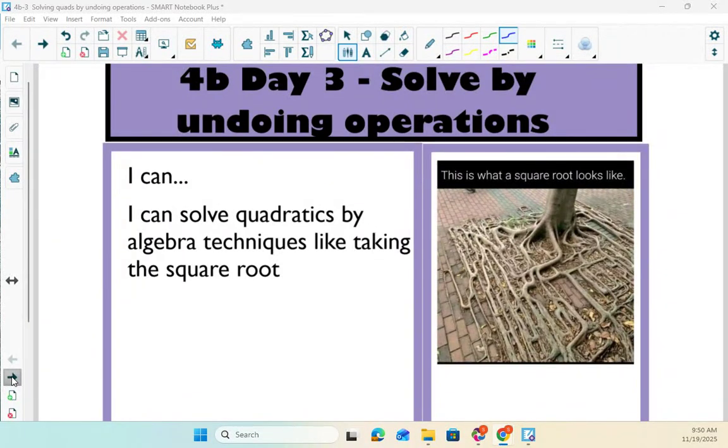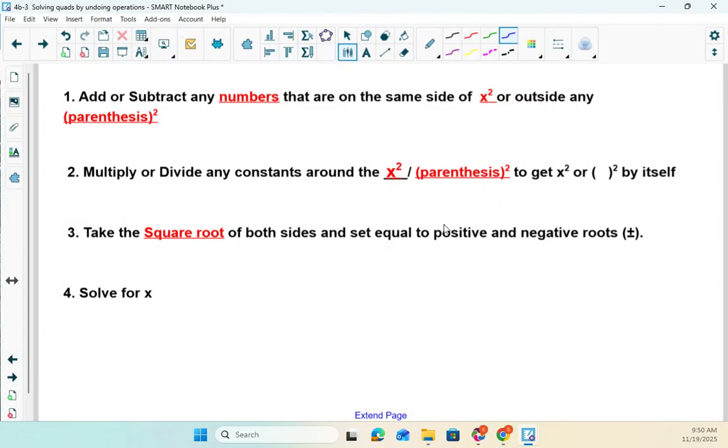Hi everyone, in today's lesson we're going to be talking about how to solve quadratic equations by doing operations like taking square roots. So the first thing you want to do is to make sure you get rid of any numbers that are around the squared term or the squared expression. So it's either you're adding or subtracting or you're multiplying or dividing constants in order to get the squared expression by itself. And then the last thing you do is take the square root of both sides and then solve